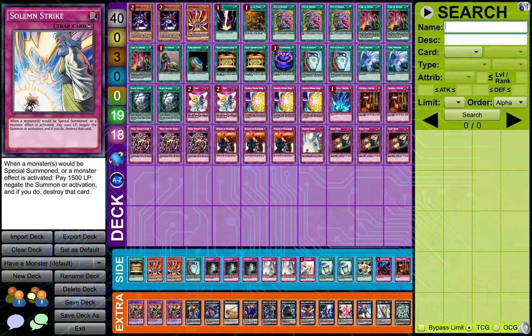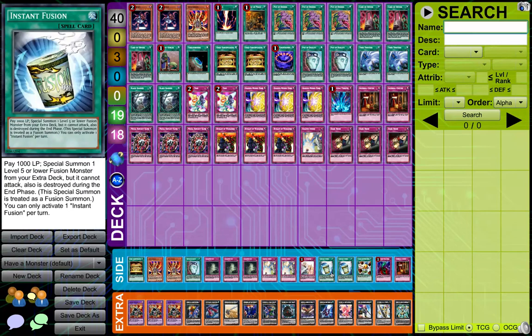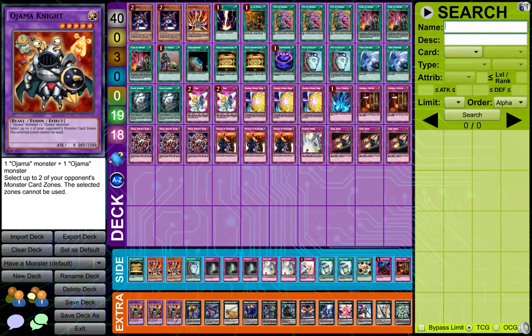The 3 Quantum Cat as discussed, 2 extra strike, the warning. You could throw in the warning over the Lava Golem, but as described, life points are super valuable in this deck because it doesn't have that ability to hold out as strongly. 2 Instant Fusion, that's to play the Ojama Knight,